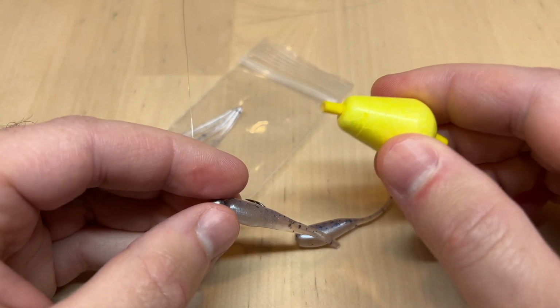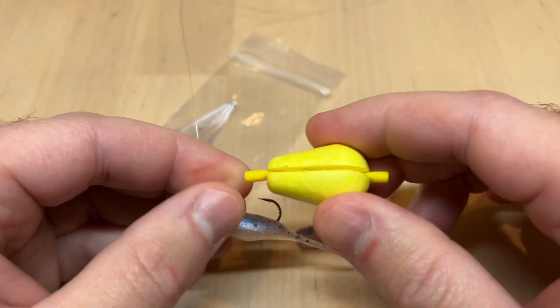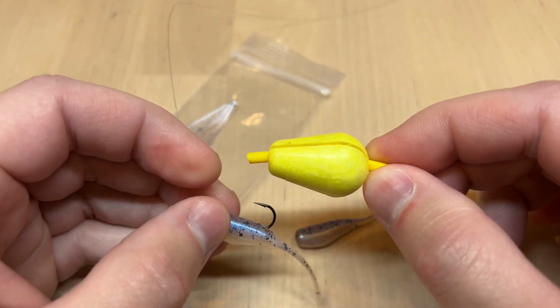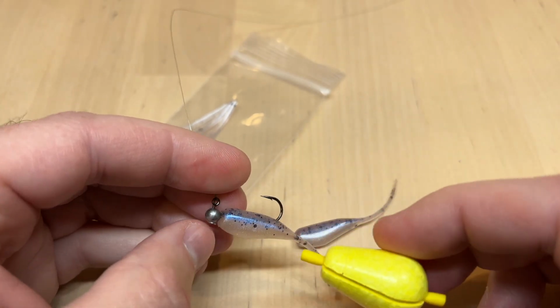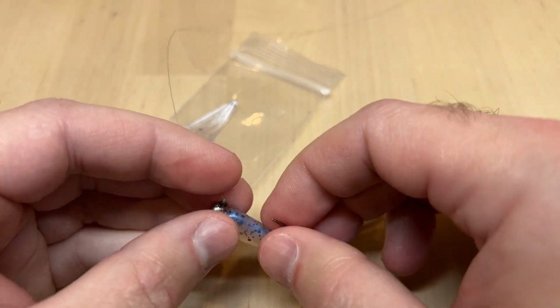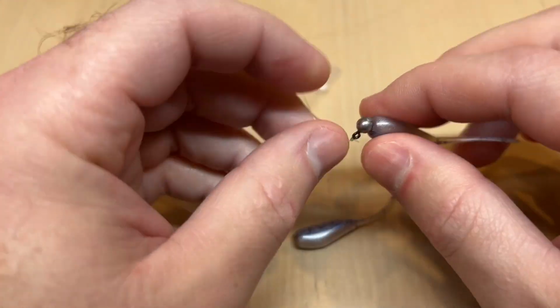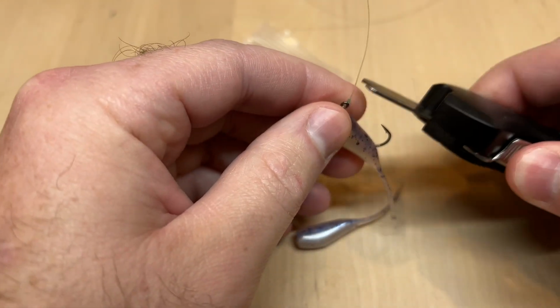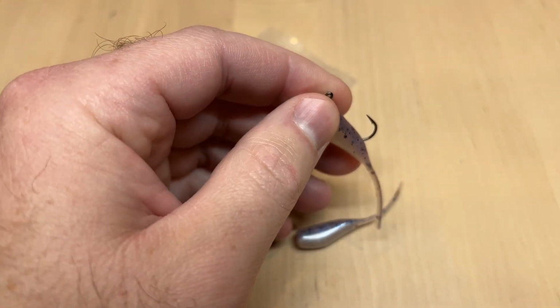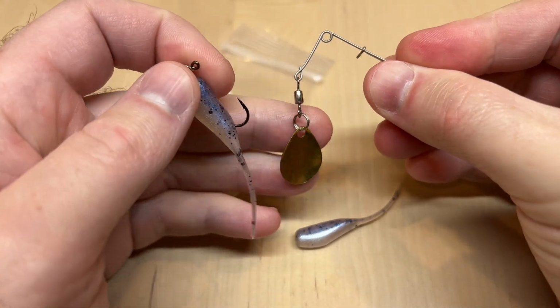Now you could just use a little small cork style or foam style float if you're fishing relatively shallow. I like to use these when I'm only fishing 3-4 feet deep. These work just fine. Now another thing that we can do with this, let me leave it on there for now. I'll show you one little trick that a lot of us forget to use,